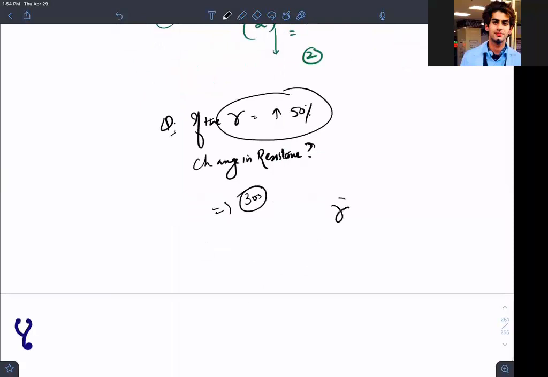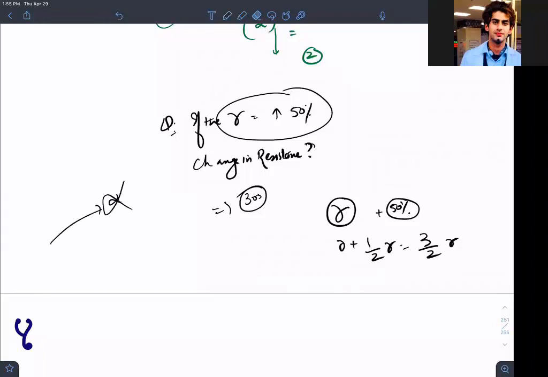For example, I take the original resistance as R. Now I am increasing the resistance by 50%. What will be R plus 1 by 2R, isn't it? R plus 1 by 2R is equal to 3 by 2R. This is the way you have to do it. Don't do it in some other way, otherwise you will get the wrong answer. You may get a matching answer, but you have to follow like this. You are changing it by 50%, so 50% of R you have to add, because I told you the original resistance was R.